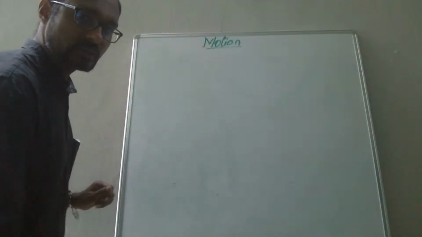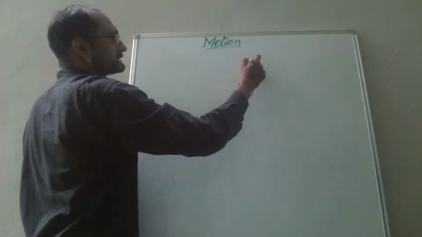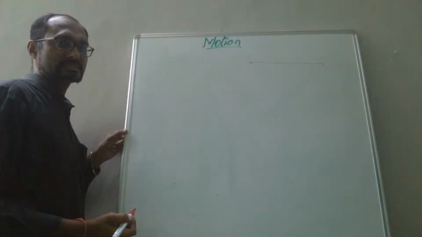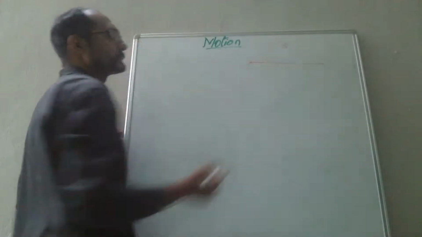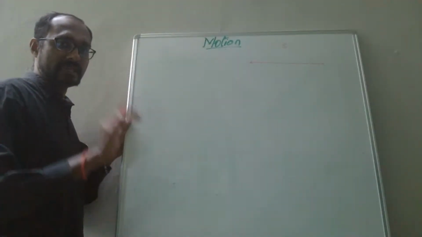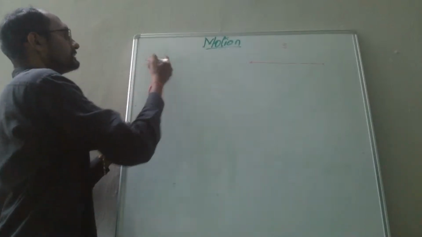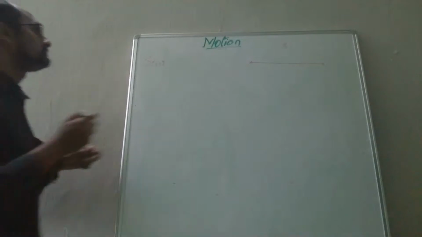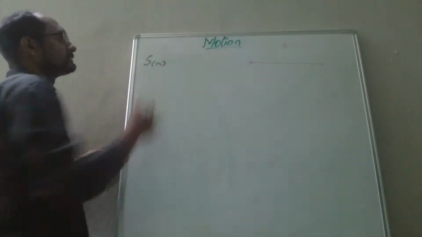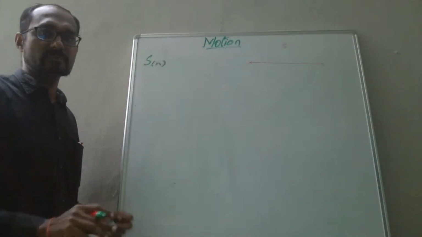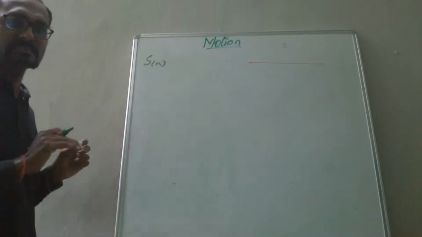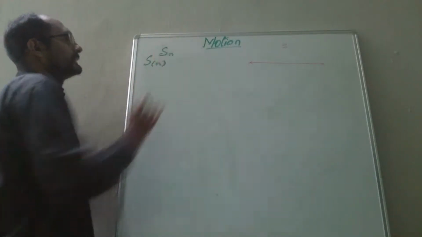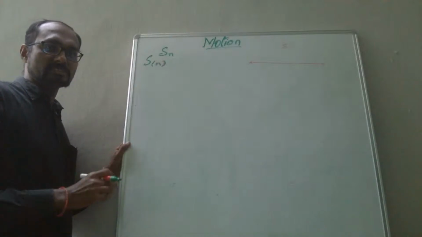Before knowing that, let me first draw a figure. Let us assume there is an object which started traveling from here till here. So the total distance covered by that is S. The total distance covered by the object in n seconds is S of n. S of n is the total distance covered by the object in n seconds, or the displacement undergone by the object in n seconds. Then Sn